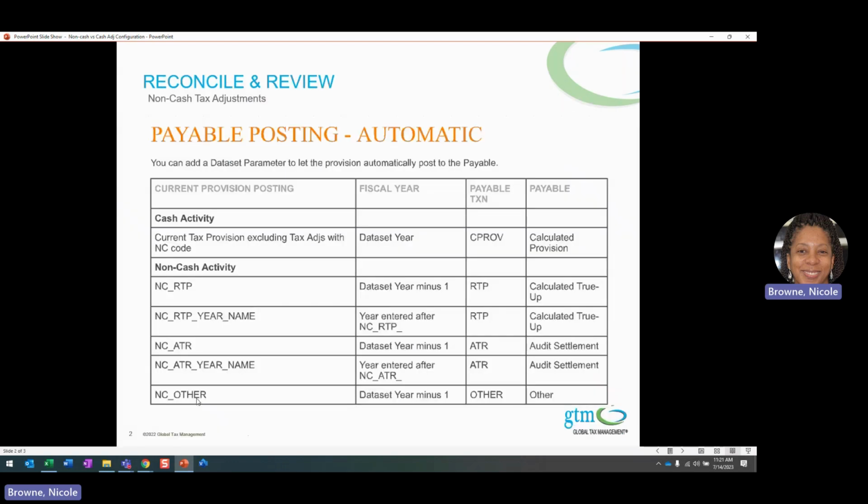So let me just jump ahead here to the next slide and then we can go back. If your non-cash tax adjustment is set up with the prefix NC underscore RTP, NC underscore RTP underscore year, that would have a specific year and then any name that you want to put on the back end. If it starts with NC underscore ATR and then year and name, or if it starts with NC underscore other, what's going to happen when this gets entered into OneSource tax provision is that the software is going to